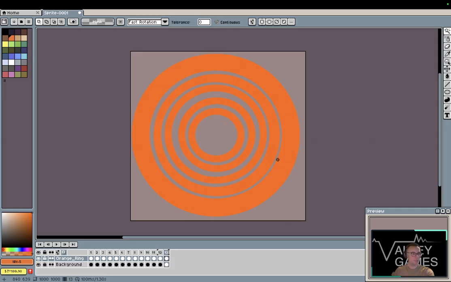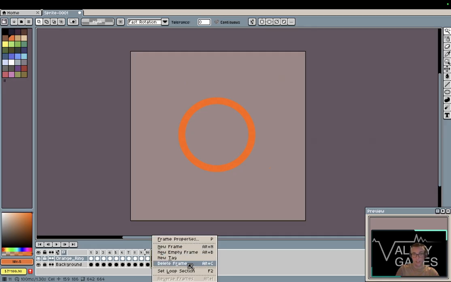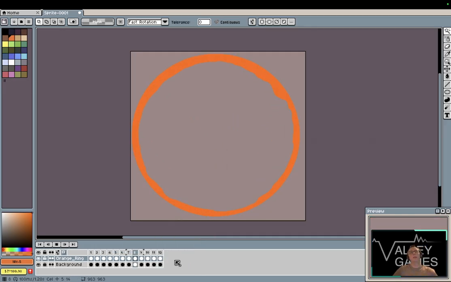Those last few there, just all the same thing. I feel like that frame can go. Delete frame. Yeah. Okay, so we have a looping